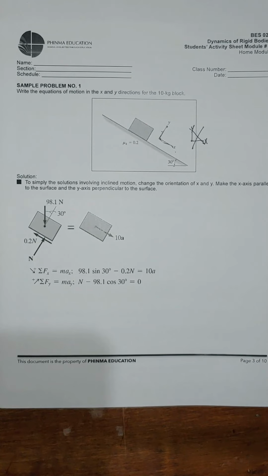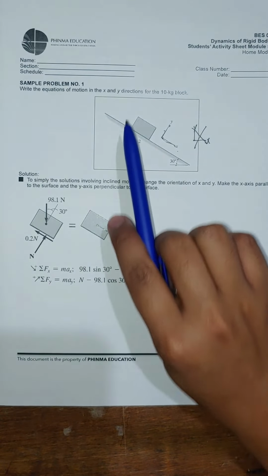Force is equal to the mass times the acceleration. Earlier in module 8, we discussed the motion of an object along horizontal and vertical movements. Here the motion of the object is already inclined. So sample problem number 1 asks about the equations of motion in the x and y directions